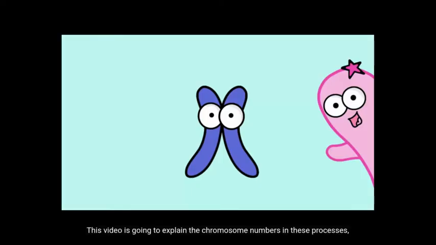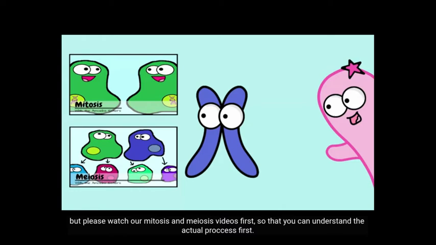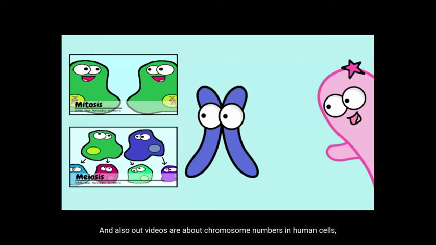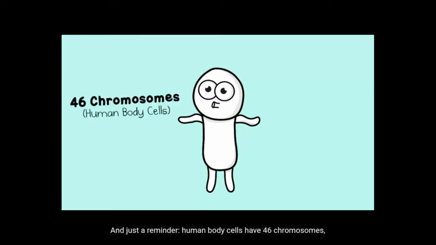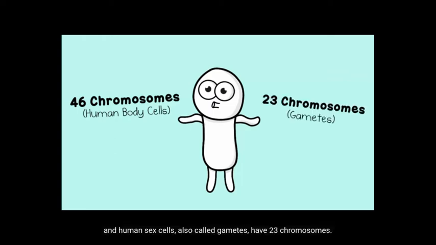Well, this video is going to explain the chromosome numbers in these processes, but please watch our mitosis and meiosis video first so that you can understand the actual process first. And also, our video is talking about chromosome numbers in human cells, so please assume that for the entire video. And just a reminder, human body cells have 46 chromosomes, and human sex cells, also called gametes, they have 23